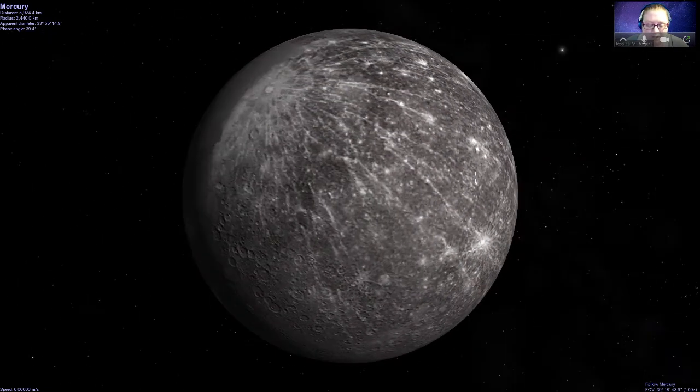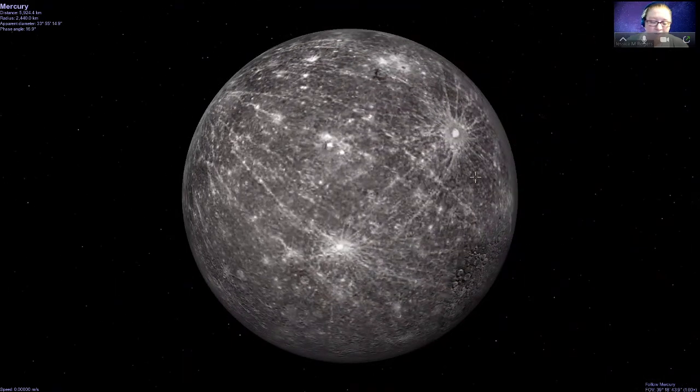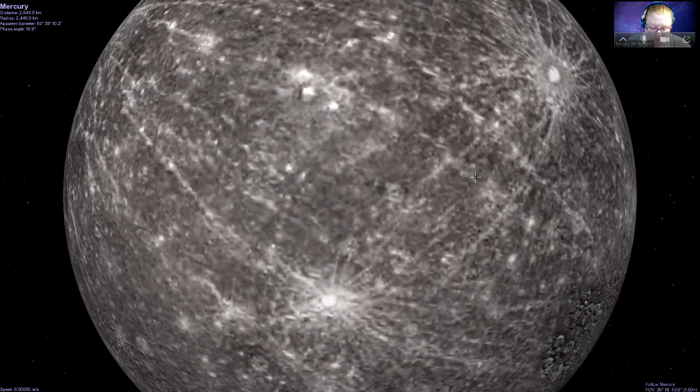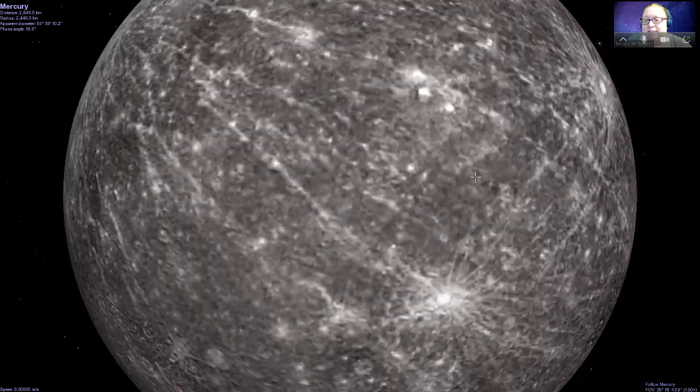might look pretty familiar because, well, frankly, it looks a lot like our moon. And there's a good reason for that. Mercury and our moon are two very similar objects. They're both quite small. Mercury is about a third the size of the Earth. And they are what we call geologically dead. So they don't have any earthquakes, volcanoes, anything like that. And so all you really see is just thousands and thousands of craters all over the surface because